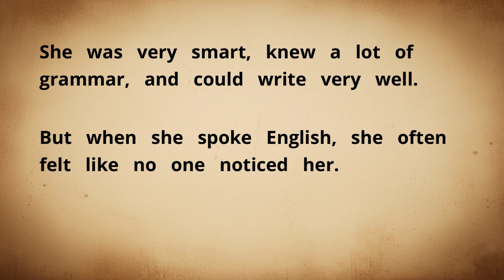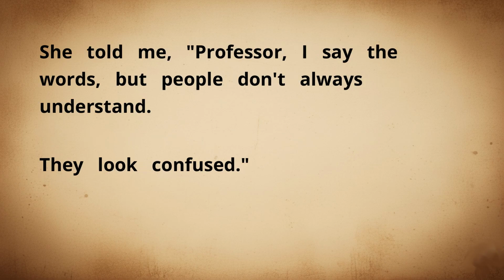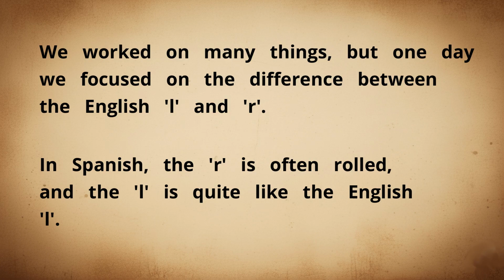She was very smart, knew a lot of grammar, and could write very well. But when she spoke English, she often felt like no one noticed her. She told me, "Professor, I say the words, but people don't always understand. They look confused." We worked on many things, but one day we focused on the difference between the English L